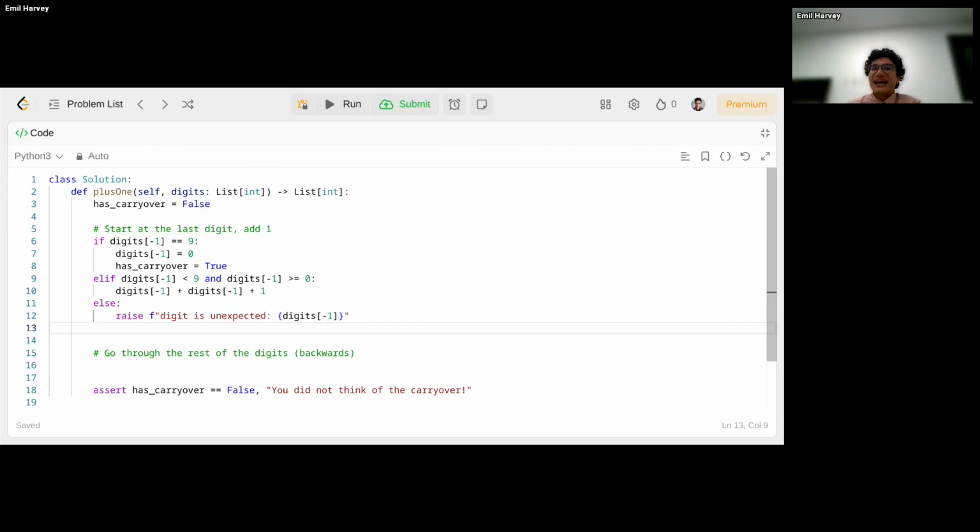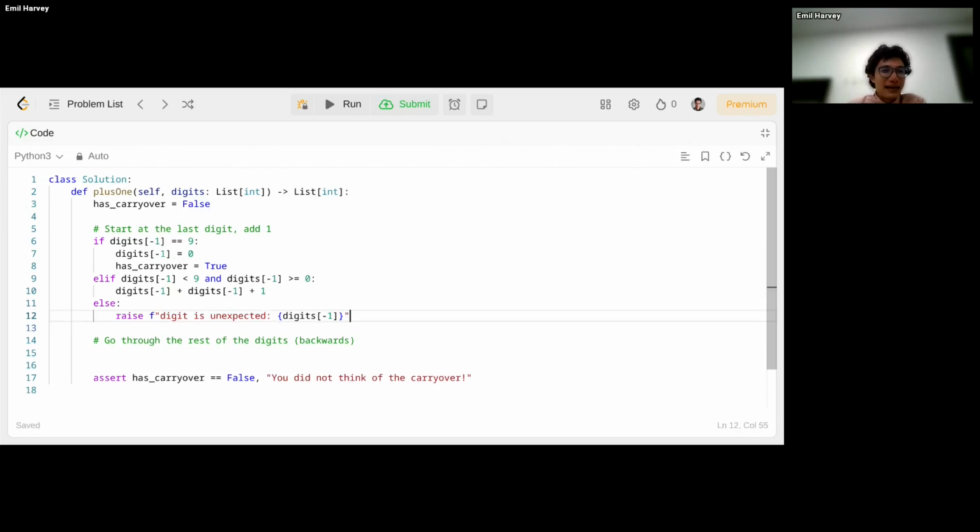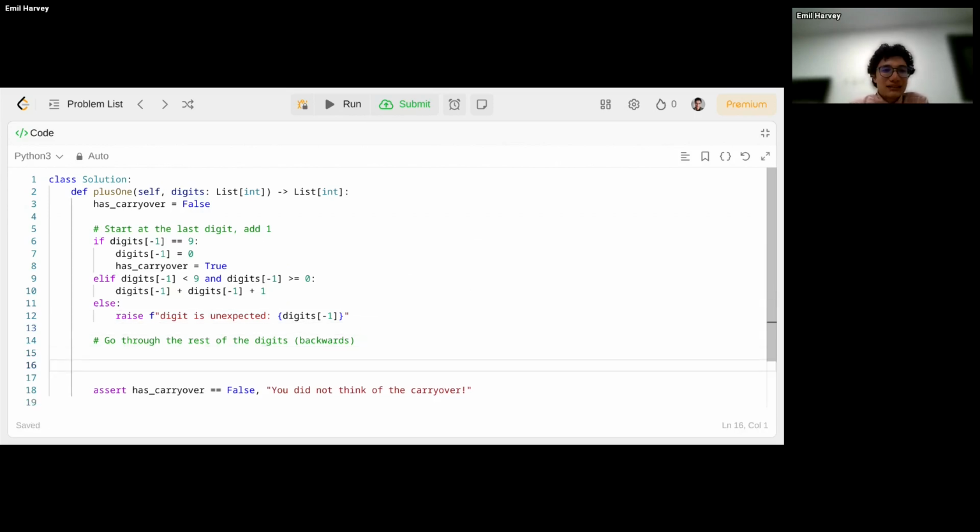Okay, so we thought about that last digit, and it's either going to be a 9 or it's not, and hopefully it's not like -5. But in any case, now we need to think about the rest of the digits. So we want to go backwards, and as long as we still have this carryover, we need to be incrementing things by 1 as well.